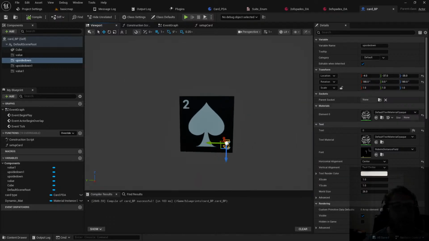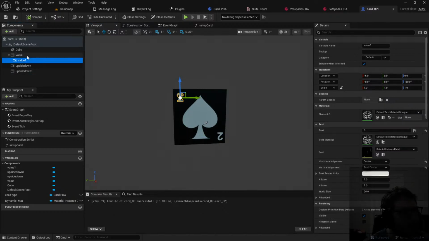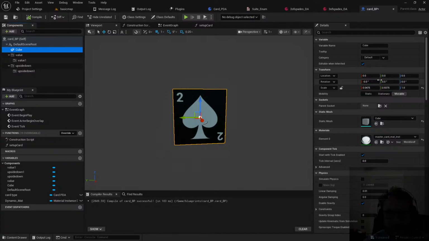Okay, so here we go. We've got a playing card. We can make it a little taller. Let's couple the value and the value 1 together, and the upside down one together. And so when we decide to change, make this card a little taller,